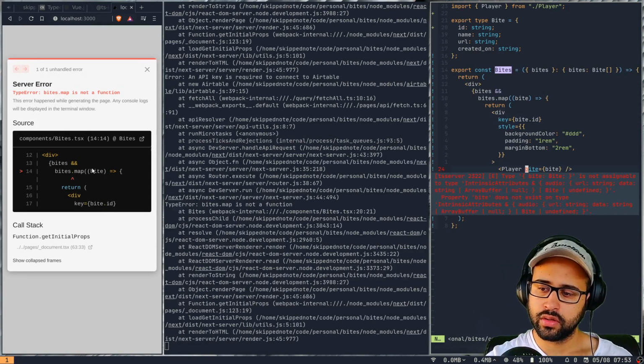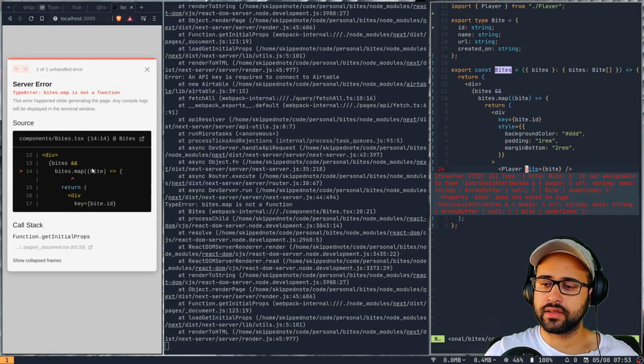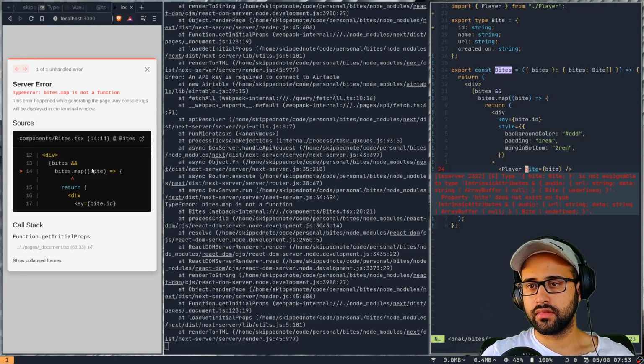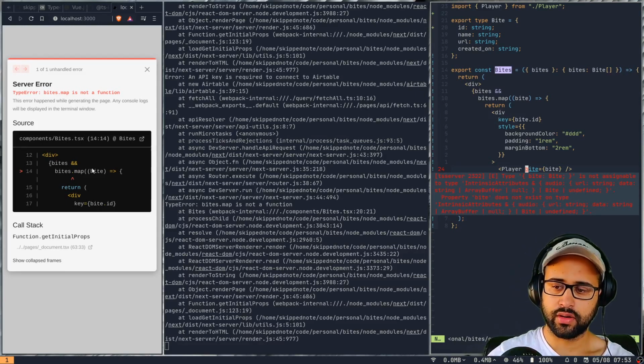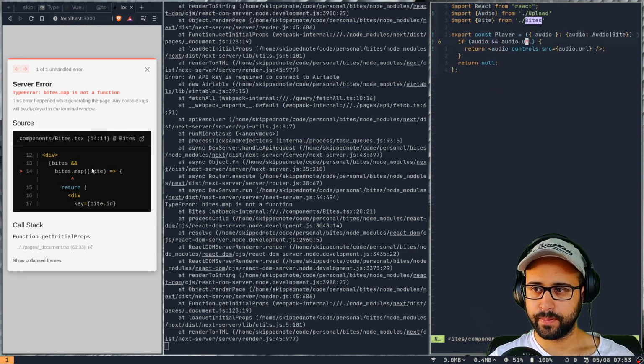Okay, property byte doesn't exist on type. So here we are assigning a byte to it, and a byte has ID, name, URL, and created on. Yeah, I'm wondering whether I should do a union type here or not.